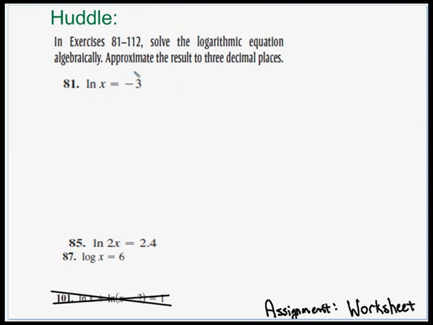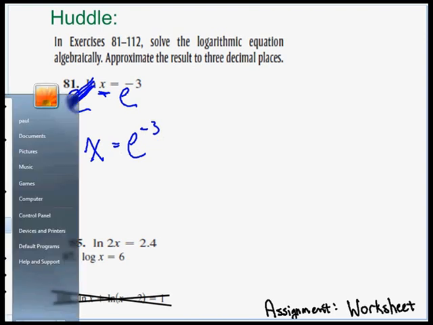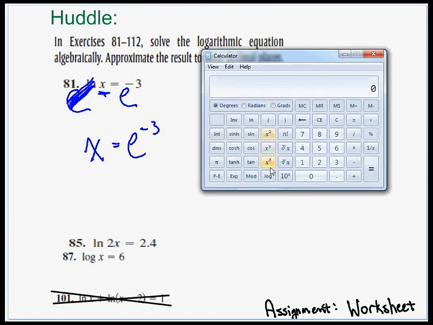The ln of x equals negative 3. We want to get that x out of there, so we have to exponentiate each side to a base e to get rid of that natural log. So on the left, we're left with x equals e to the negative 3rd power. Is that something I can do on the computer calculator? E to the negative 3rd. I don't see the e key. It might be hidden somewhere else. Oh yeah, okay, there's our e to the x. If we hit e to the x, I'm going to give the power of negative 3, and then inverse e to the x. And we get